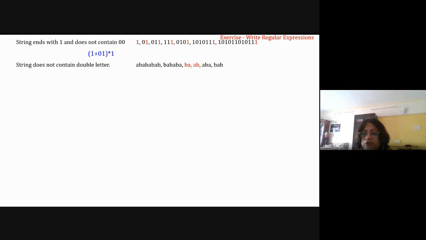Chris, you are saying in the previous question, is there a need to put an extra one at the end since it already ends with one in both the cases. Yeah, that's why I have not written it down, but it is saying it is compulsory to end with one. So it is not compulsory. This is also a right answer. There can be more than one right answer for a question. So 1 plus 0 1 is not actually necessary. That's why I had not written it down. But even if you write it, that is also correct. Both the things are giving me the correct answer. Okay, you understood your doubt?